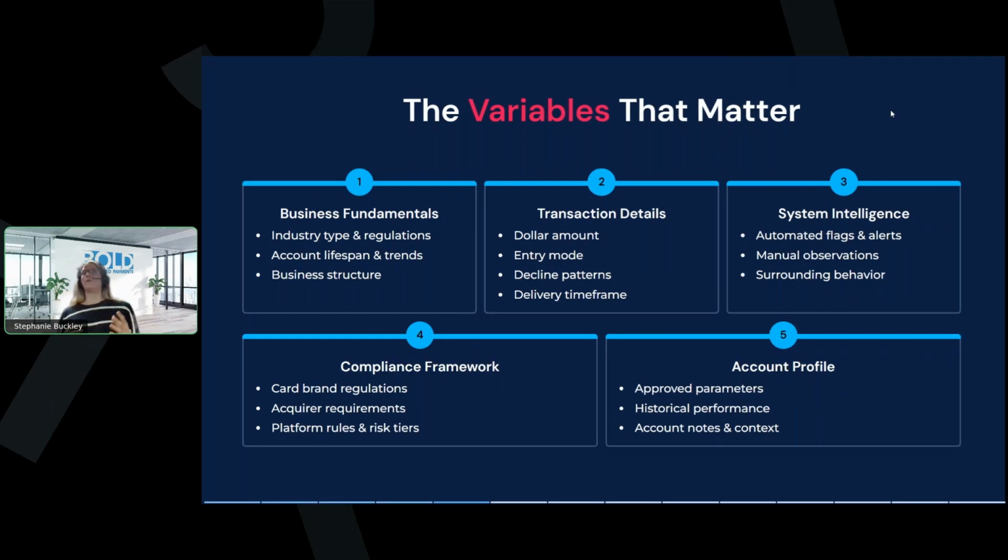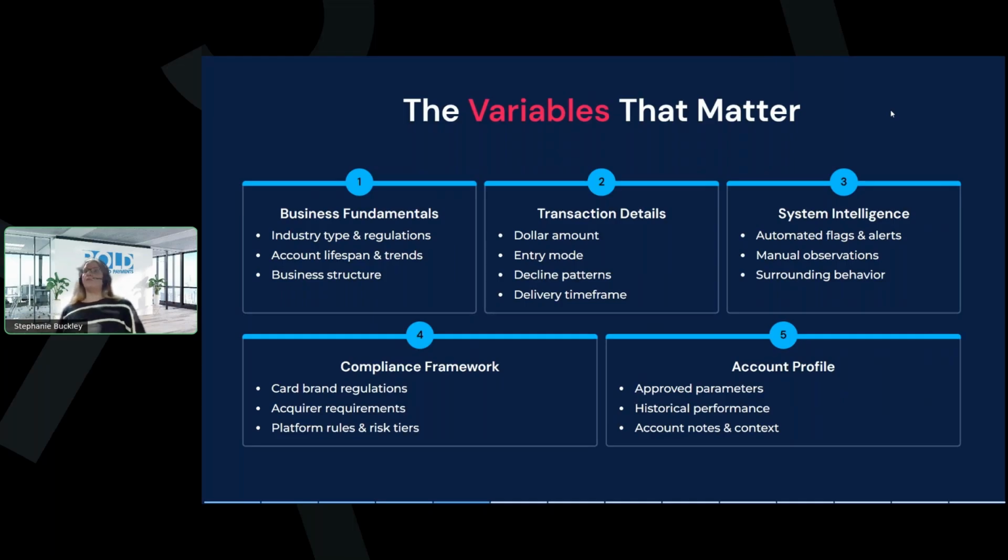So seeing whether or not what they're purchasing has already been completed, or if this was a payment for a job that will be completed in 30 to 60 days. So system intelligence, some things actually are automated flags. With refunds with no offsetting sales, or with card testing or things of that nature, there are systems in place where they see a spike in decline activity or large refund activity. And that's where it will trigger the risk department to look further into what's going on.